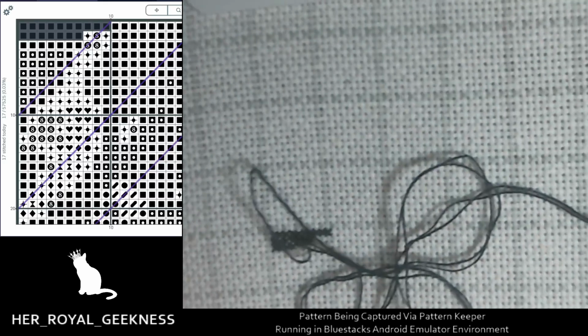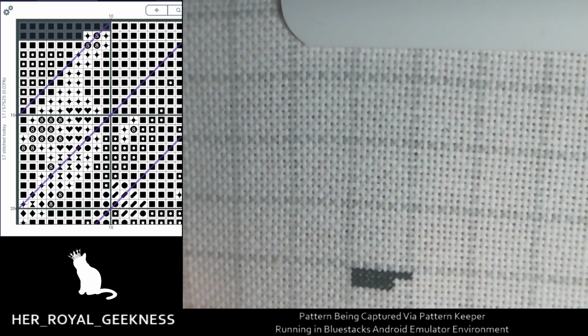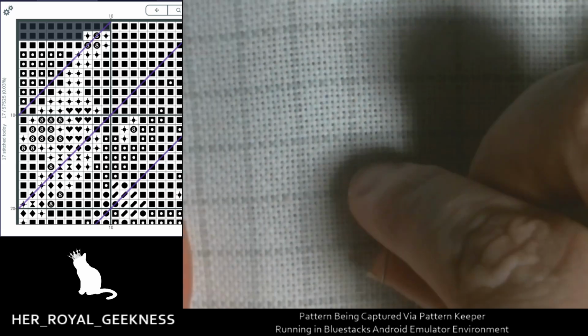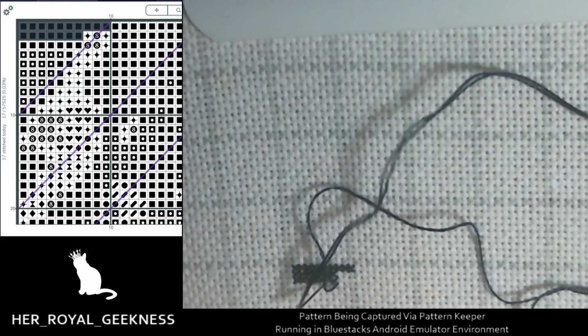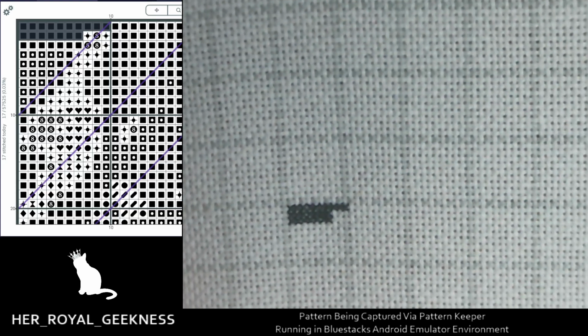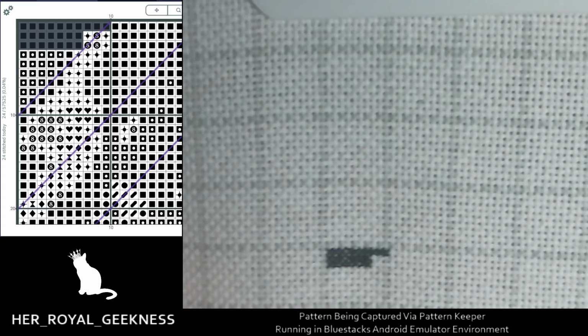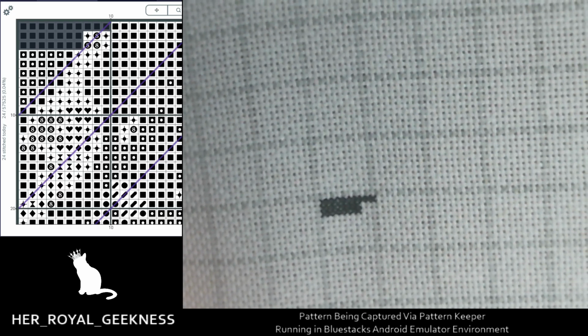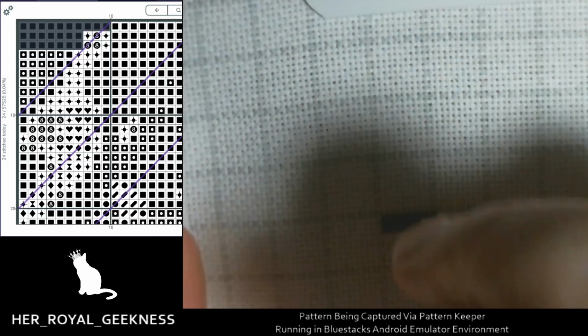Alright, last stitch in this row. Alright, so we'll mark off another row in the pattern. Hit OK. And then we go down again, and this is where you can start seeing